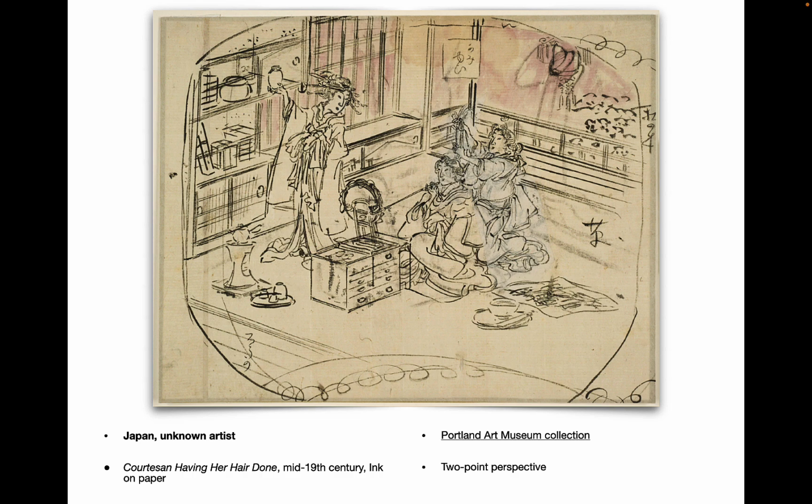And it's called Courtesan Having Her Hair Done. It's in ink on paper. And this is a 2-point perspective. So the points would actually be off the paper. So the artist would sometimes make extensions onto their paper to actually draw the point out in the distance, or use their imagination. We see the corner of a room, which this is definitely something you can do for